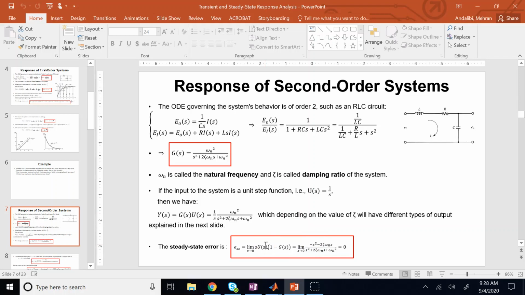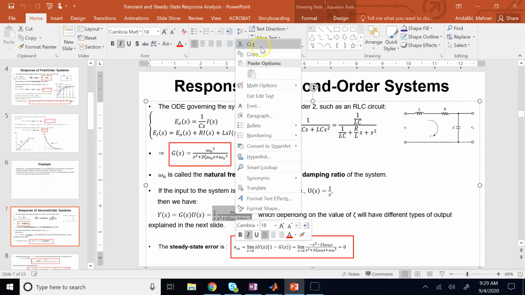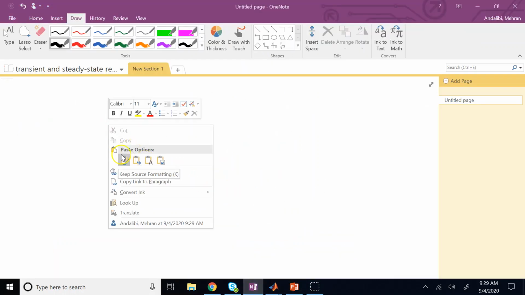So first let's look at the step input. There is no steady state error, but the type of response Y depends on the value of zeta. Basically, it depends on whether this denominator here has real roots, imaginary roots, or basically just two real roots that are repeated, identical, correct? Because as I said, you have to do partial fraction here. And when we want to do partial fraction on this, if you remember from what we had in the past,